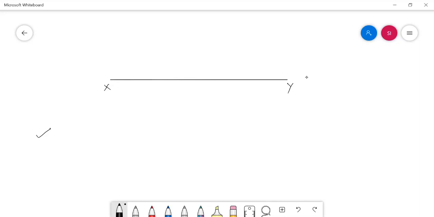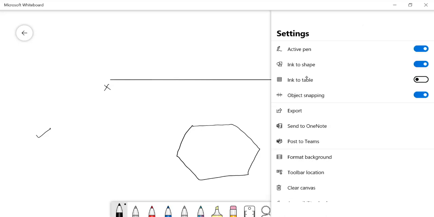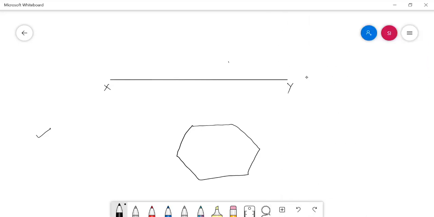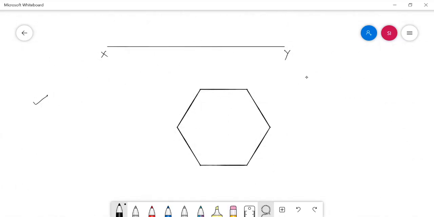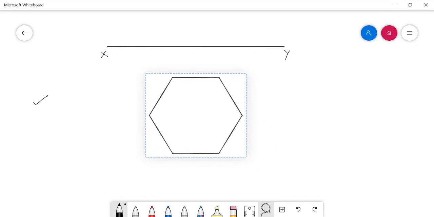So here we initiate the drawing of the hexagonal base by drawing one base edge parallel to the XY line. It is a prism, so it is going to have 6 base corners and 6 face corners.